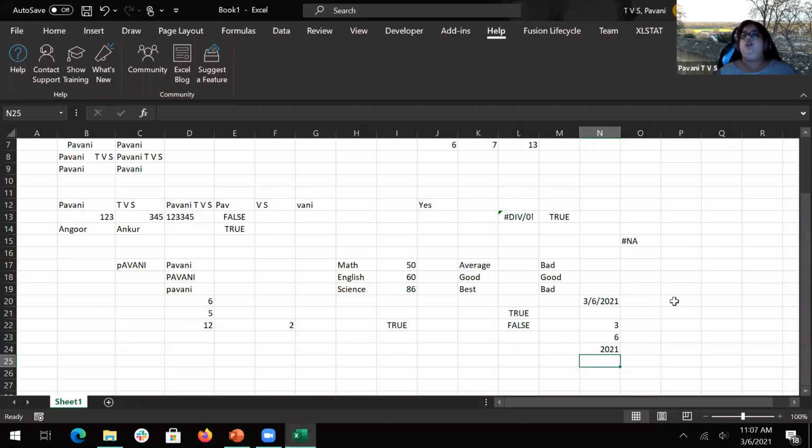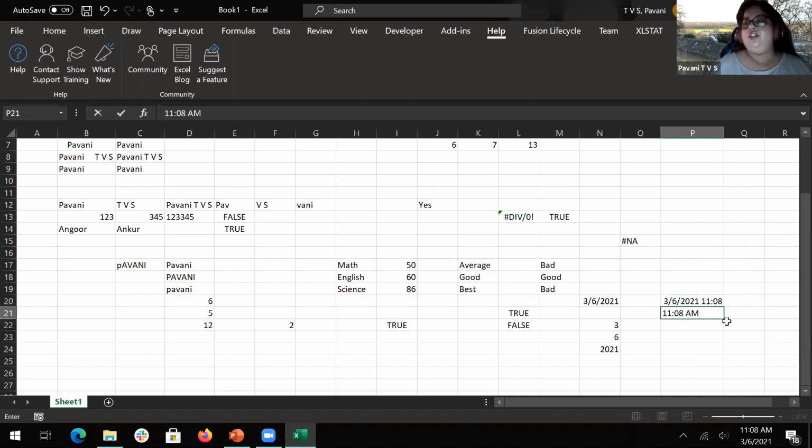Now NOW will give you what is the time at the moment, along with the date. So this is the date and this is the time. There is a shortcut, Control Shift colon and semicolon, which will give you these values.